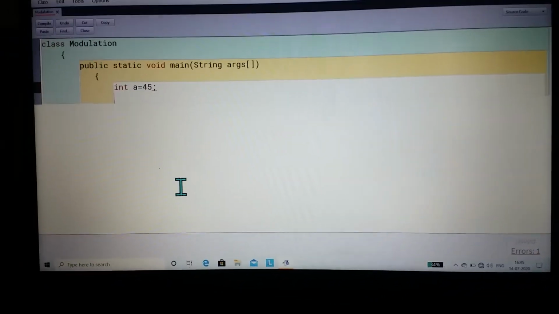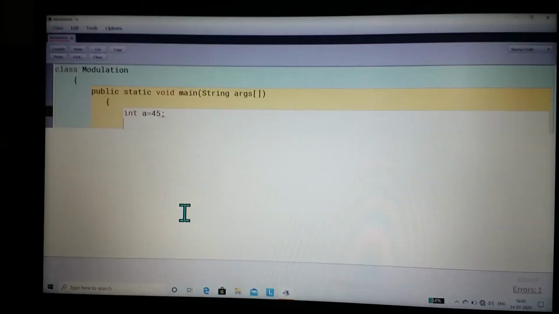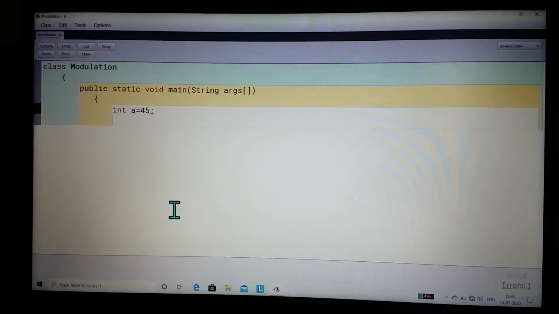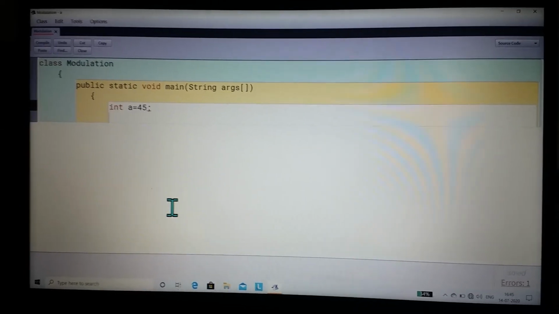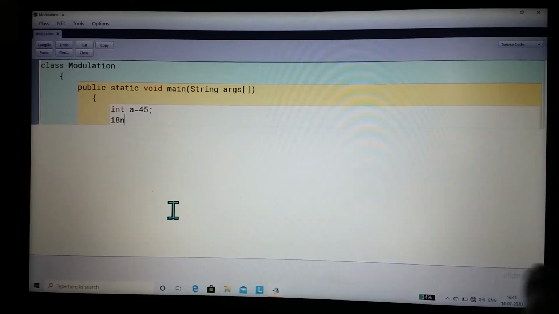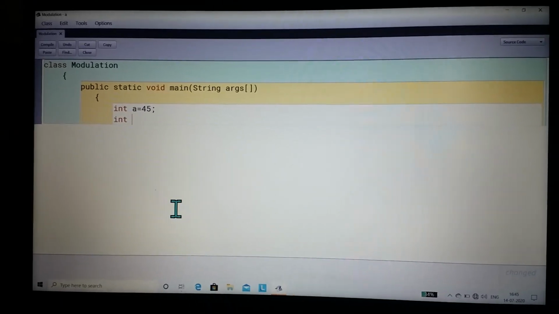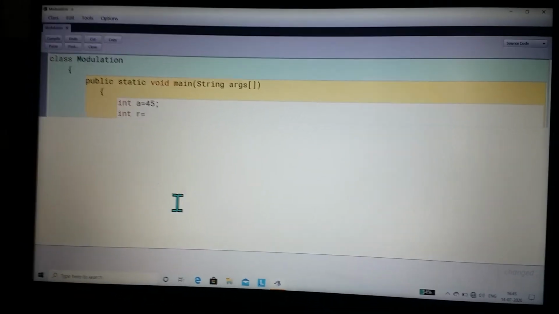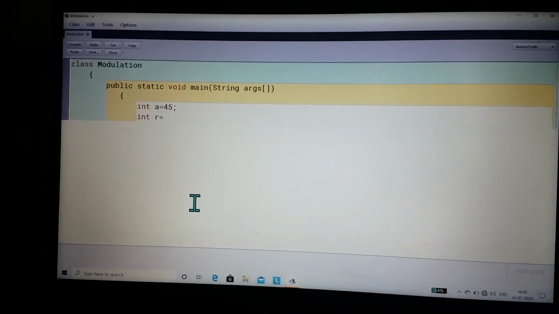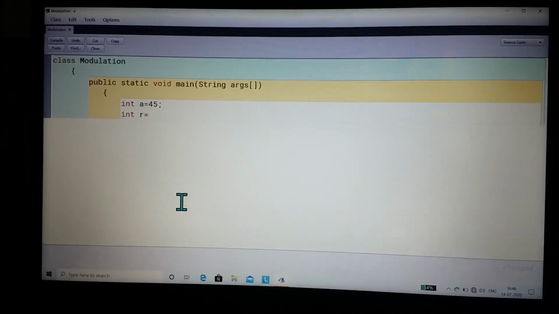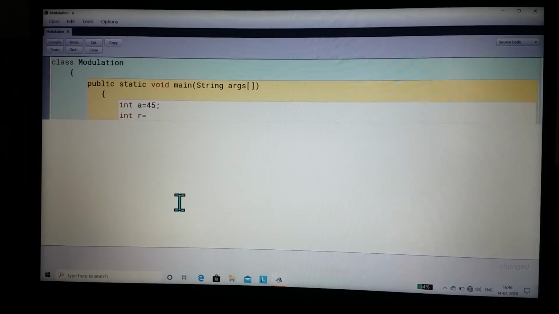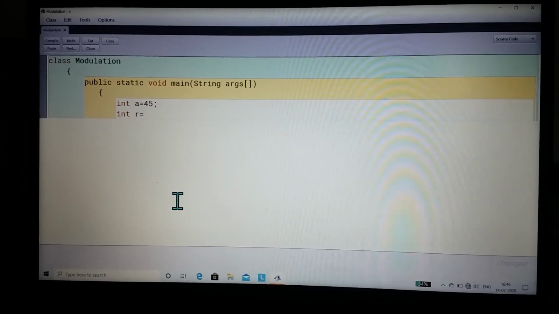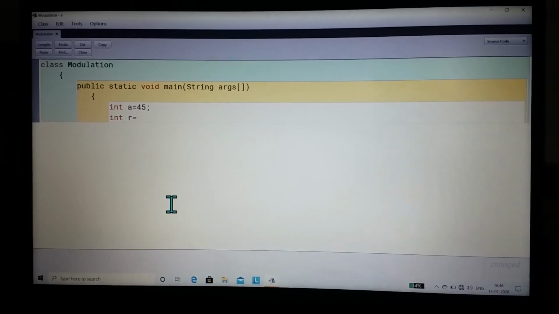So if I am modulating 45 by a number, it will give me the remainder. So I am writing int r equals to, now 45 modulation 5 means it will give us the remainder after dividing 45 by 5. So 45 divided by 5 is 9. It doesn't leave any remainder.